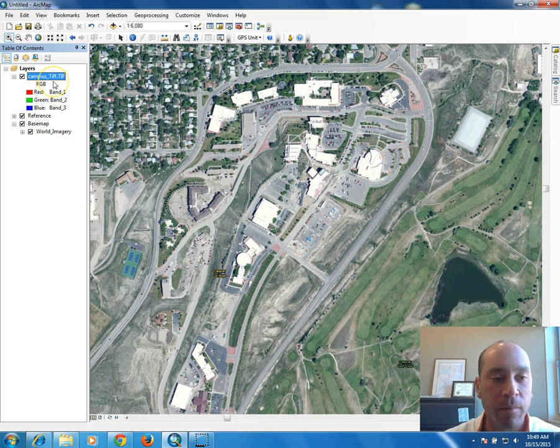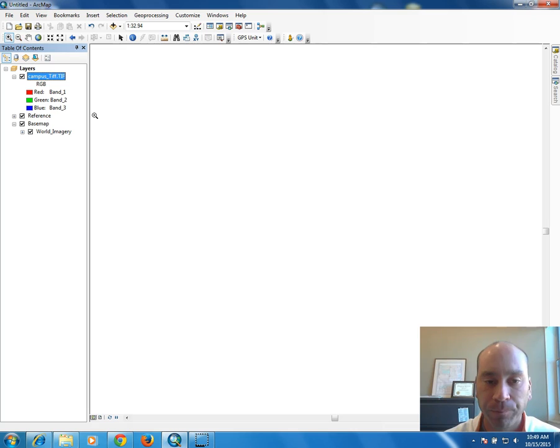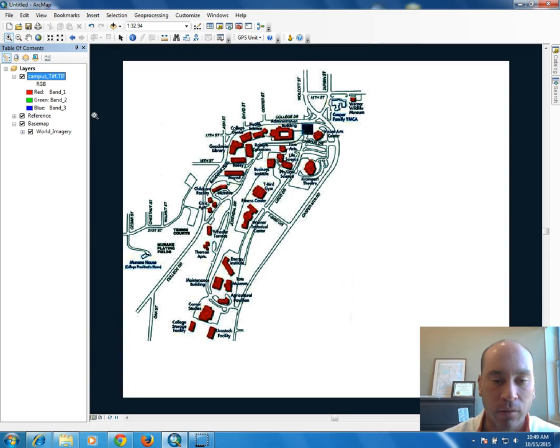It added the map to my table of contents, and it's a map of Casper College. Again, it should be popping up in this area where the college is, but because this particular picture does not have a projection, ArcGIS doesn't know where to put it. So again, if I right click on this and say zoom to layer, it takes a little bit for this to draw. This, again, is an old map. Let's say we got this out of an old magazine that the college has, and we want to use this old data to compare it to the new